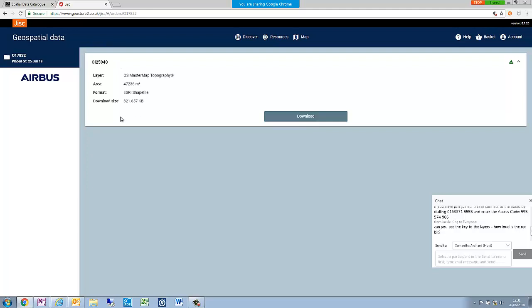So as you can see, there's the order information, the area that you downloaded, the format you downloaded it in, and a link to download that. For any layers, so large orders that are in production, when you expand that order, the icon at the top right will basically denote that it's currently not available or not yet available. You will still be able to expand and see the details and metadata for that, but you won't be able